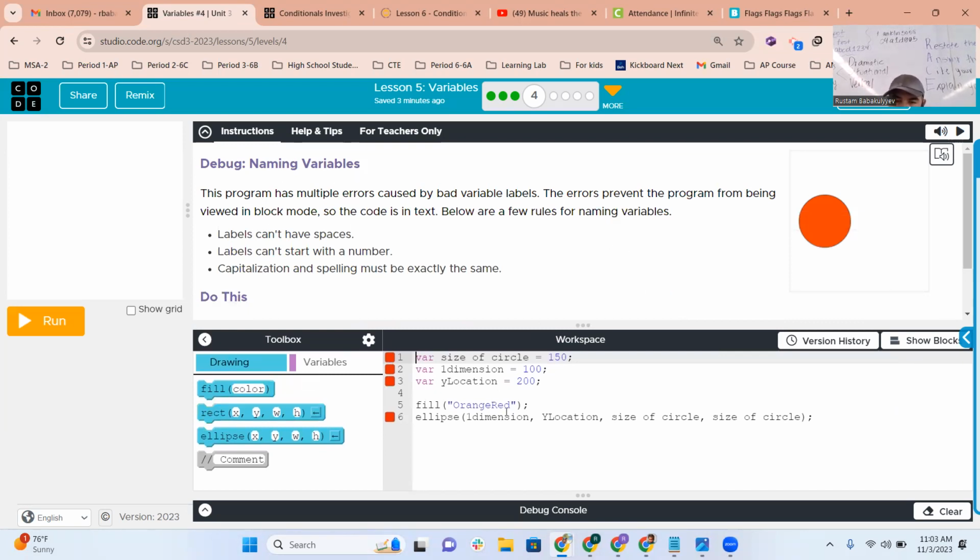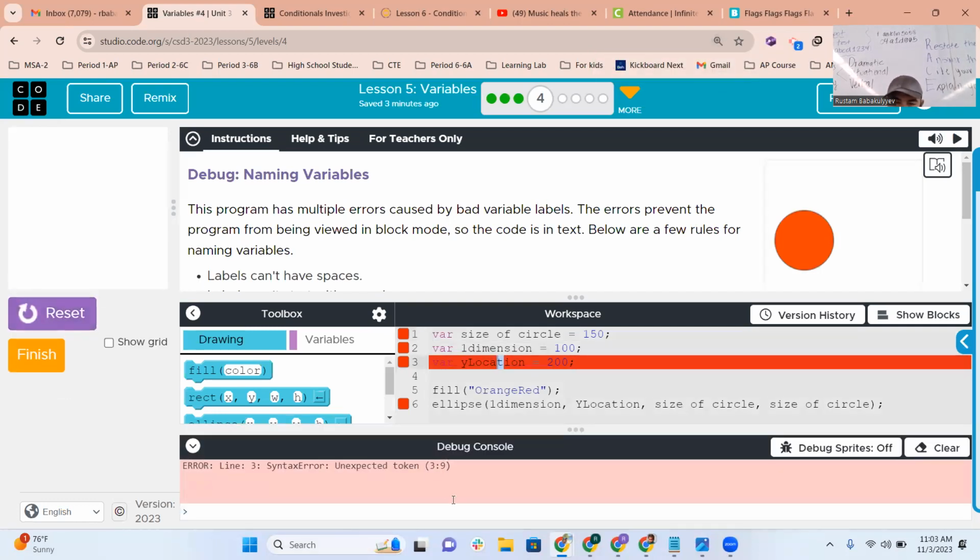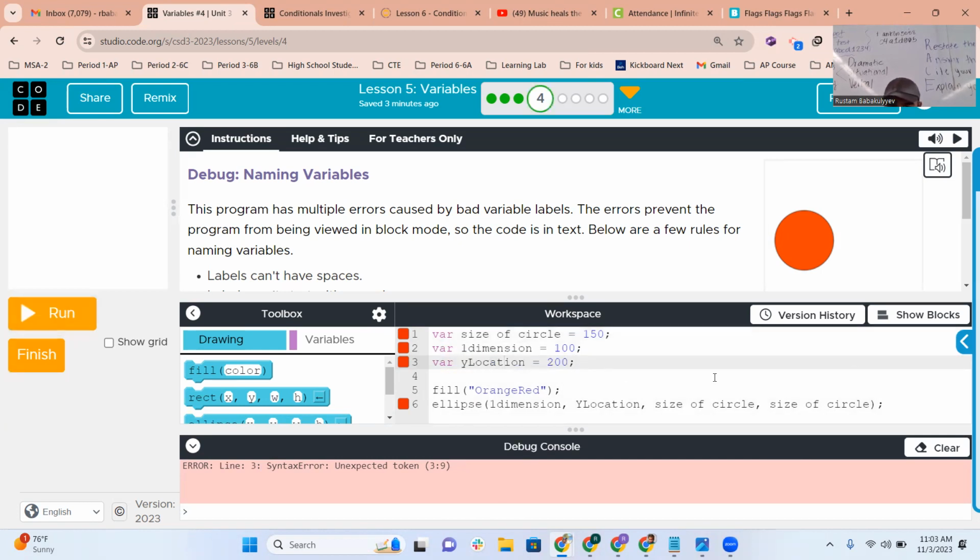So clearly there is a mistake here. Okay, let's try to understand the mistake. When you run this, nothing will happen because it says in the debug console there's an error on line 3. So I have to locate line 3. What is wrong with it? Reset. Okay, if you guys look,